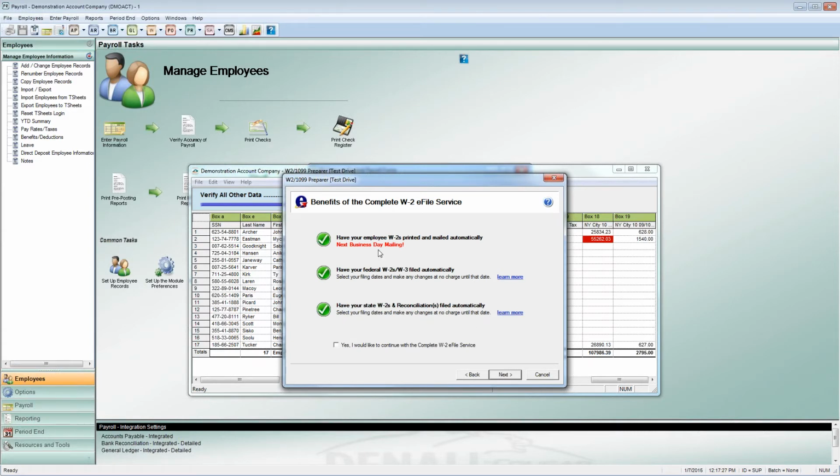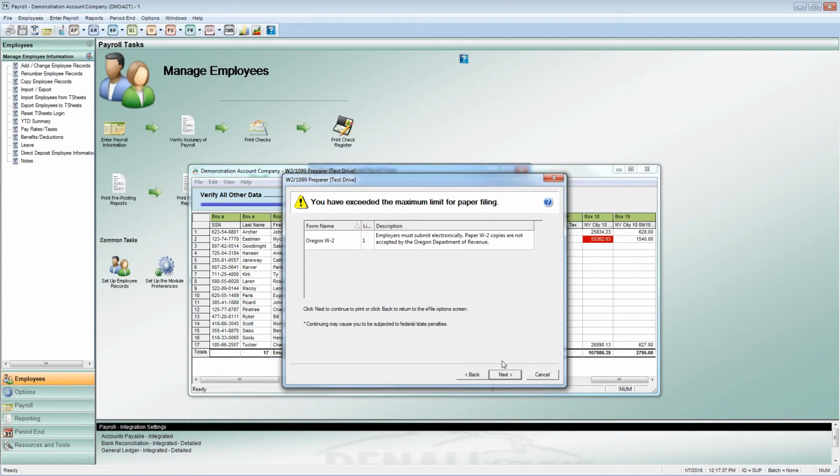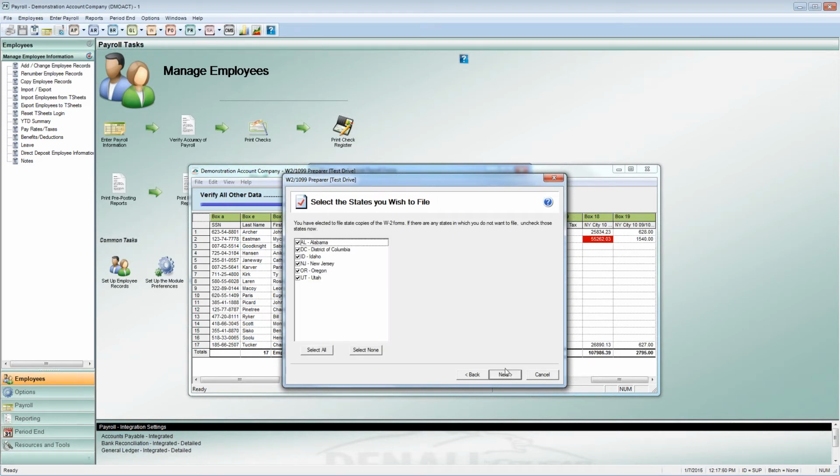If you choose not to e-file, this will come up and it will just have you question whether you would like to learn more about e-filing. In some cases, there is a limit to paper filing in Oregon, so that will give you that warning, and you may wish to go back and choose to e-file in Oregon if you have that capability or you're in that state. This screen here tells you what states you have to file if your employees are in multiple states,